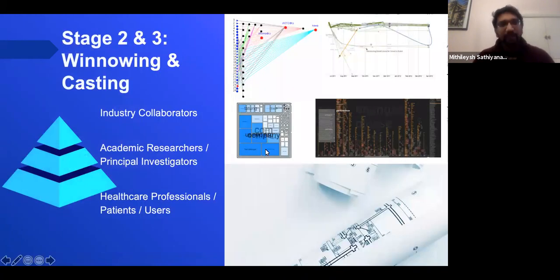In the next stage, we strongly believed it has to be definitely collaborated with healthcare professionals, followed by academic researchers and industry collaborators. This is how we started working. We winnowed in terms of understanding each one's expertise, domain, and the skill sets that they bring to the table. And we started casting them, giving them particular roles, how they would act. For a healthcare professional, we give the tag of cardiac consultant. So we started defining each one's roles and responsibilities. The moment we wanted to validate a particular result, that particular individual would come into play.